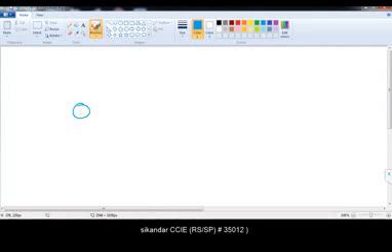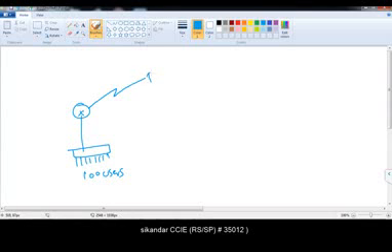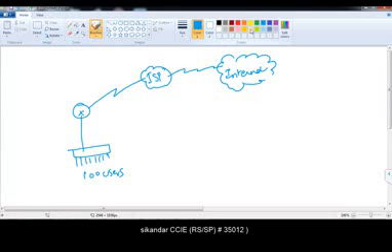So if I take an example, I've got a router connecting to my local area network, and in my LAN I've got some hundreds of users accessing the internet. So to provide internet access, I connected my router to the ISP, and from the ISP I'm able to access the internet. Now the user sitting here sends a request, he wants to go to yahoo.com, let's say. There is a DNS server on the internet,